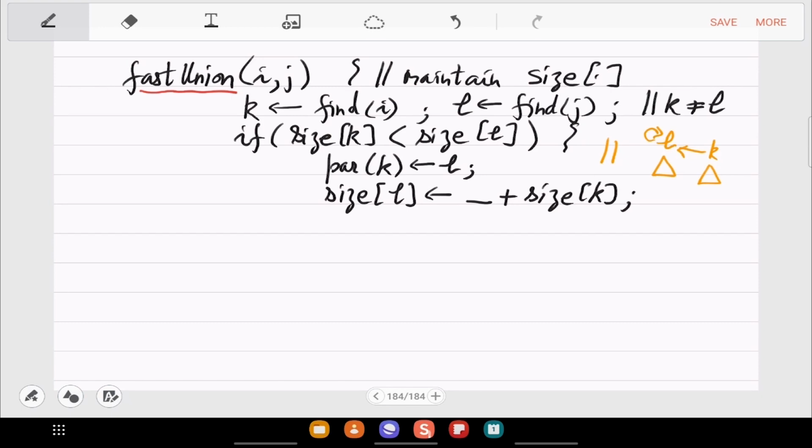So now it's a bigger tree. And now what do you do with size of K? Well, now K is not a tree anymore. So this we can just assign 0, which means K is not a standalone tree. Only L is, and L's size has grown. And the symmetric thing otherwise. If L is smaller, then you will write the symmetric code.